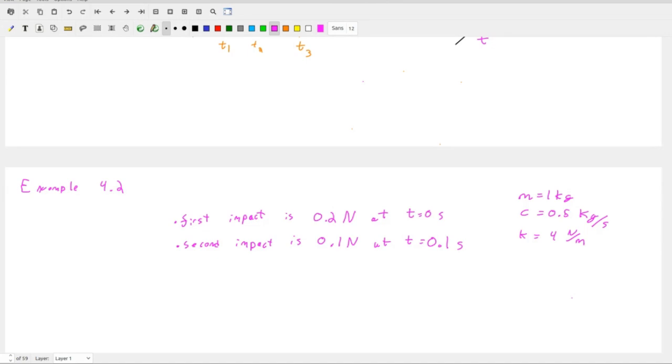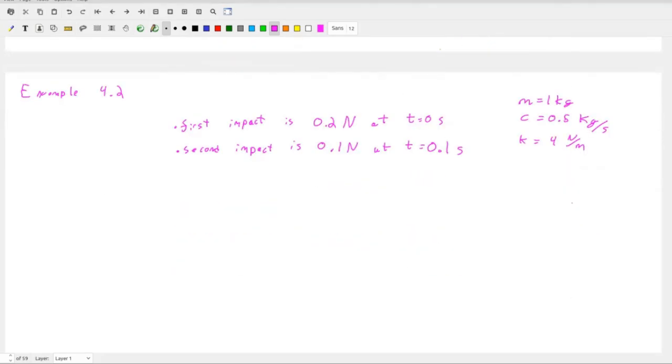So we can write a whole equation for this. And you can use this method for 3, 4, 5 impacts, but let's just go with 2. That's enough writing. We can code the rest as f of t. So our forcing function, f of t, is equal to 0.2